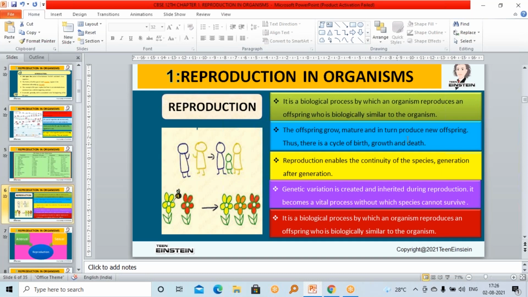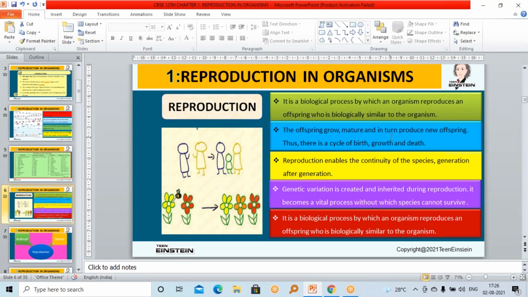So next, let's move to reproduction. What is reproduction? It's a biological process by which an organism reproduces, forming offspring which are biologically similar to the parent organism. Reproduction is a biological process in that the offspring which are produced will be biologically similar to the parent